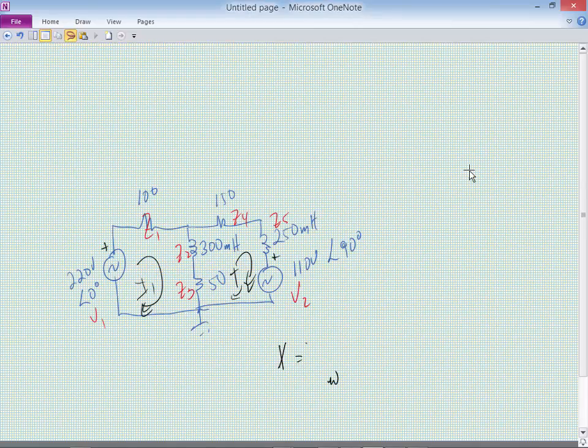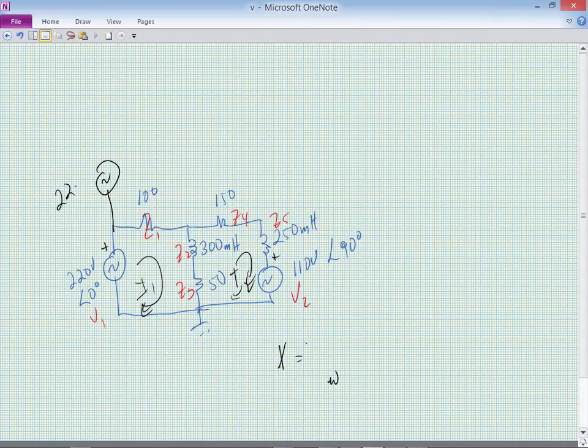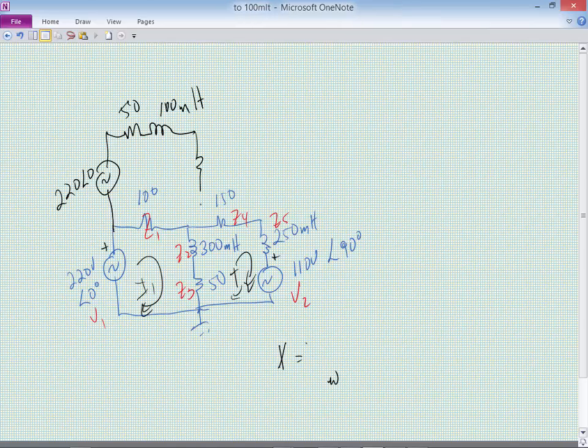And all I'm going to do is stick on it another 220 at an angle of 0. We're going to stick another resistor, another inductor, 100 millihenry, a resistor here, 100 ohms,